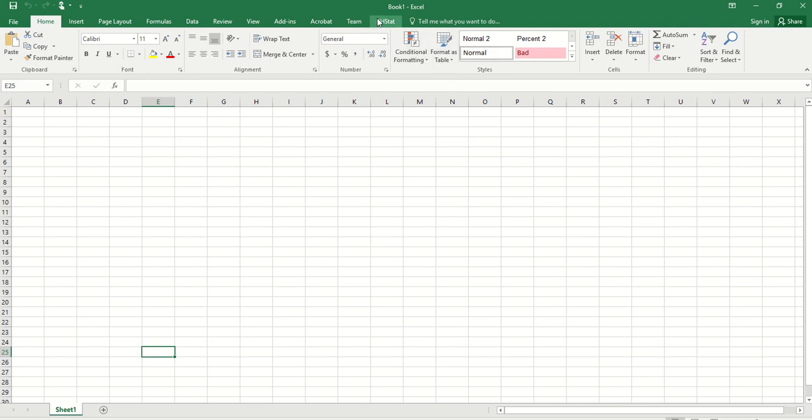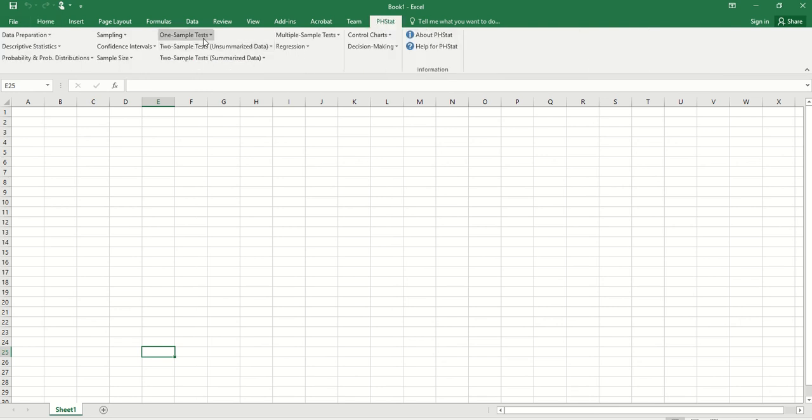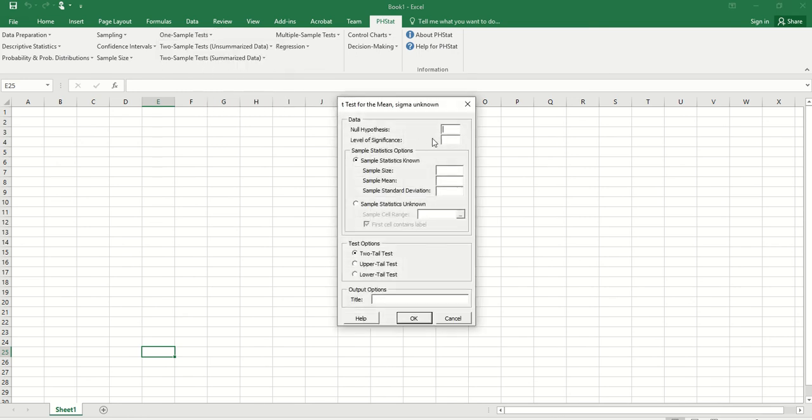We click PHStat, one sample test. We use t-test for the mean, sigma unknown. The null hypothesis is 168. Level of significance 0.05. Sample size 25.